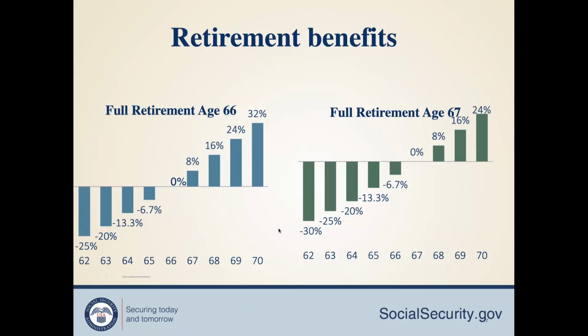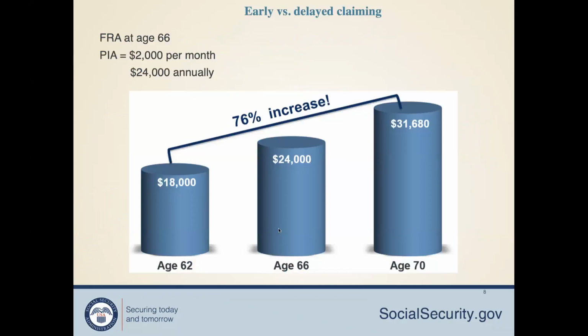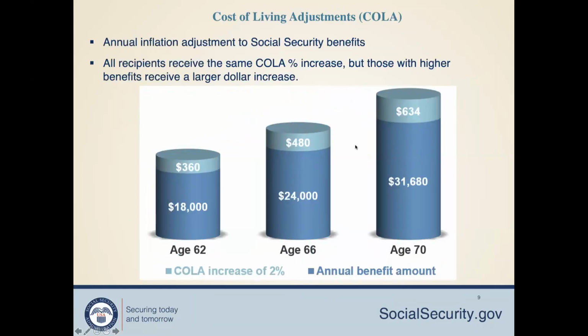Yeah, that is a big difference, but that is where there are a lot of arguments, and I built that into the Excel model. You can take the money and invest it, and you can make 30%. Yeah, so there are arguments. You can also lose. All those things I have taken into account in the model. So comparing 62 to 70, there is a 76% increase, from 18,000 to 31,000.